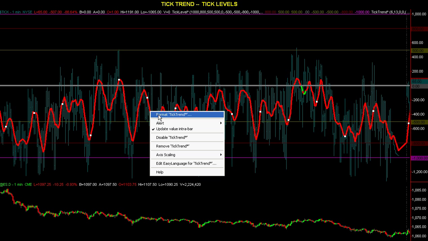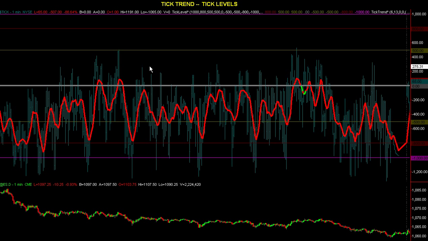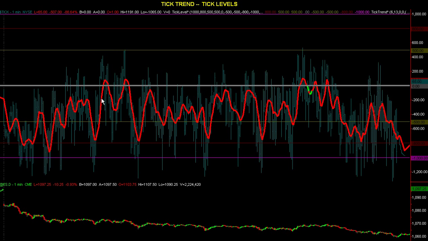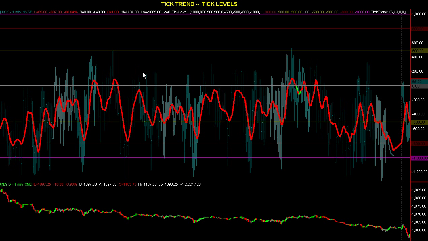With the tick trend, you can change the style and the color. I recommend leaving the inputs as is on this until you have, let's say, 6 months to a year of experience with it. You've seen enough market action with it, and if you find another setting that you prefer more, then feel free to change it. But I recommend to leave it as is for a while till you get used to it. So